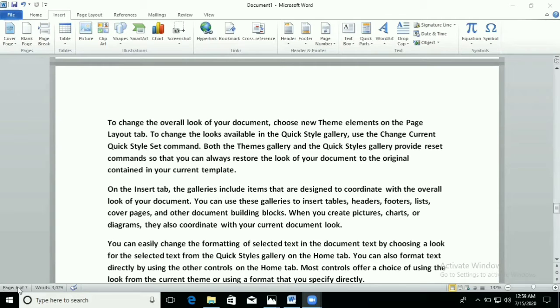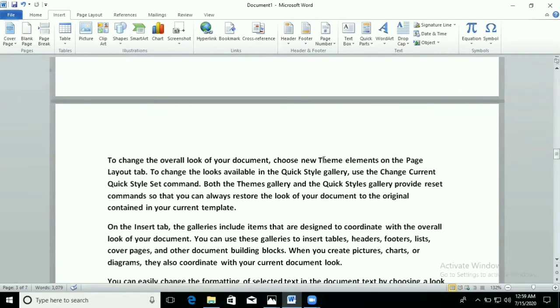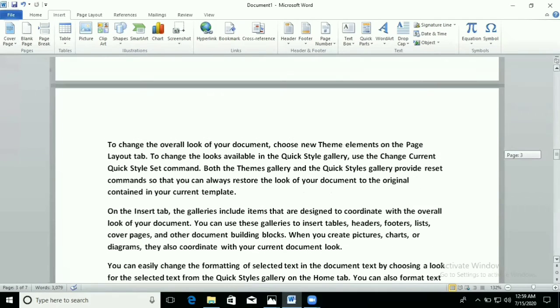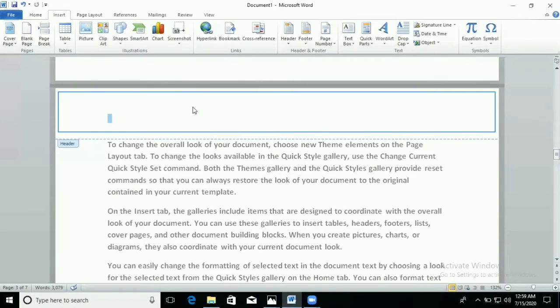Now we are on page 6, so we can go to any page and just double click on the top margin. Where is the top margin? You can see here, I am putting a rectangular box. This is the top margin of the page. Clear? So just double click on this area.